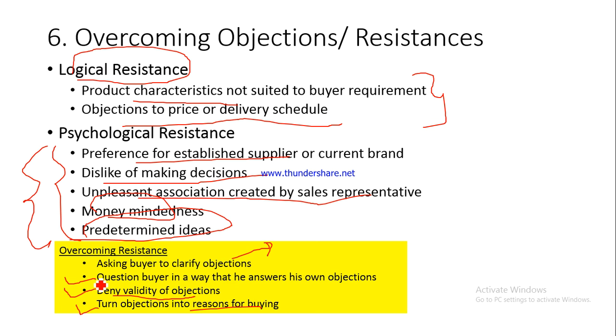Yes sir, our ingredients are better. We use better quality raw material, better quality spare parts. That is why our product is relatively costlier than the other rival products in the market. Now this way, the buyer is able to answer his own objections, and now he understands that not buying a particular product from the salesperson just because it is costly is not a very good idea, because this particular product might be costly because it is a better product, a higher quality product. So in this manner, the buyer answers his own objections, and now he's convinced about buying the product from you, right?